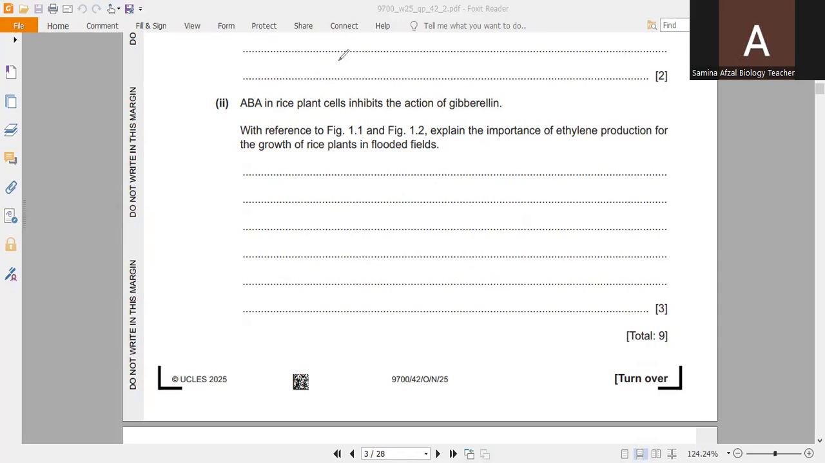So as a result, you can show in figure 1.2, the higher concentration of gibberellin leads to rapid stem elongation. So this rapid growth allows the leaves and flowers of the rice plant to stay above the water level. This is crucial for maintaining gas exchange for the process of photosynthesis and aerobic respiration and ensuring successful pollination. So these are the details. So you have to go for 3 marks. So you will start as